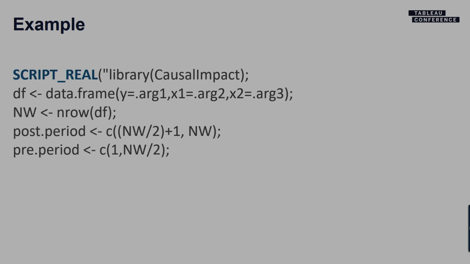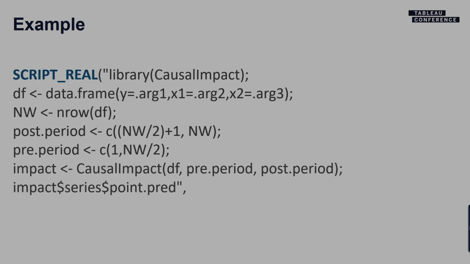All that I'm doing here in the middle is I'm just going to count the total number of observations that I have within that data frame, and I'm then going to just simply divide up into a period before my intervention and after my intervention. After that, I'm just going to call in here my objects, impacts. I'm going to bring in the different aspects of that data frame, and then I'm going to use that object to then get my point predictions within this particular calculation.